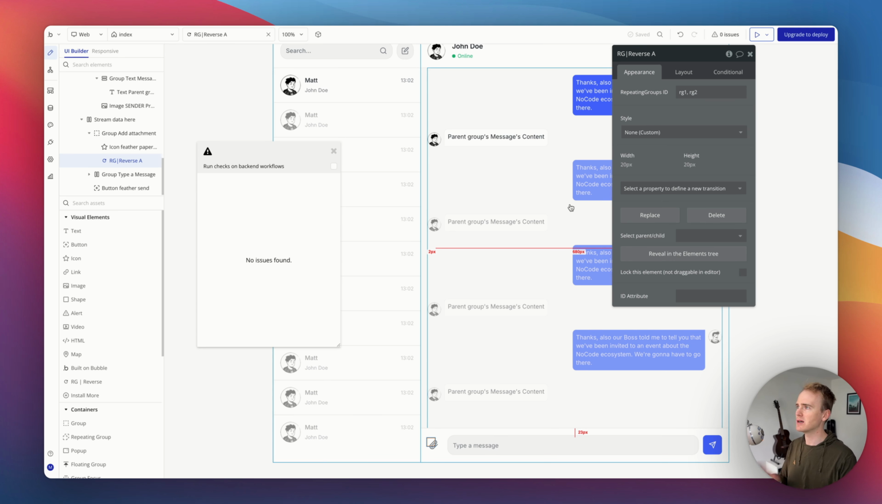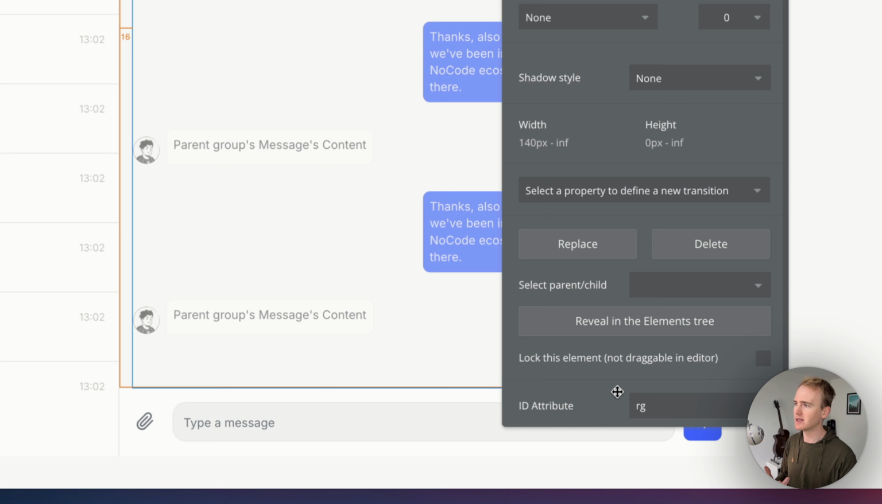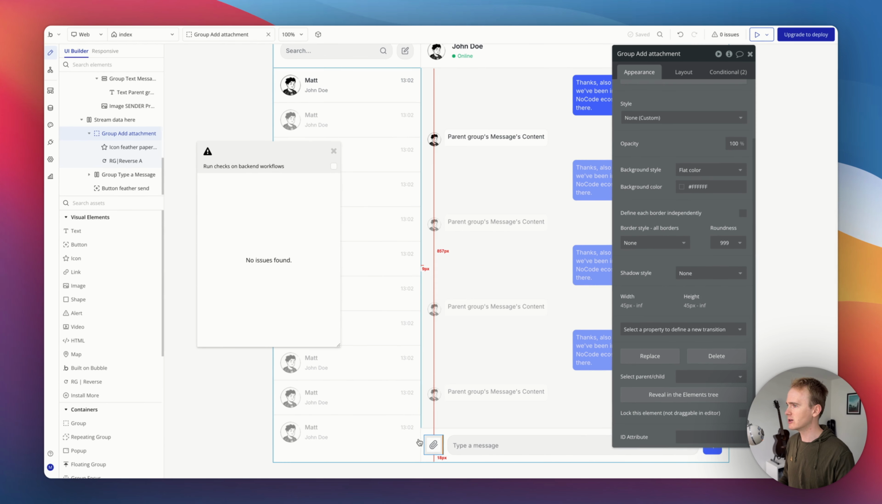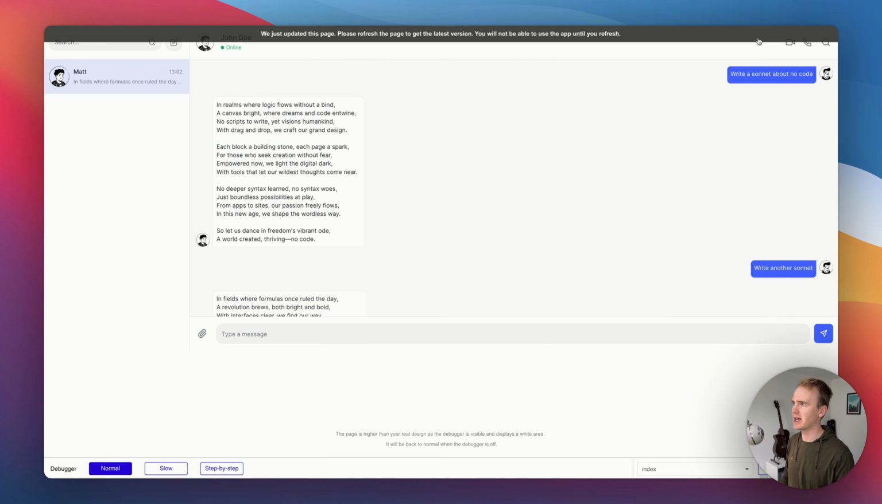And then we need to target the repeating group ID. In Bubble, we do that by adding an ID attribute to the repeating group. If you don't see ID attribute, you can enable it in settings, general, scroll all the way down, and there's a box that you can tick. This effectively adds a label within the code, or an ID within the HTML, that we can target. So we can name this basically anything we want. I'm just going to say RG1 for repeating group 1. And then if I go back to here, I just write in RG1. And we'll see immediately the effect that this has,